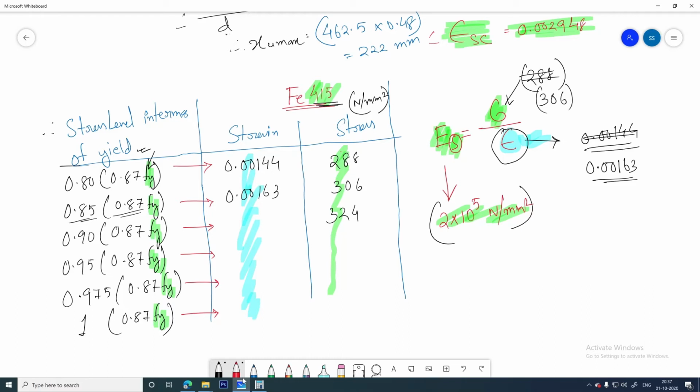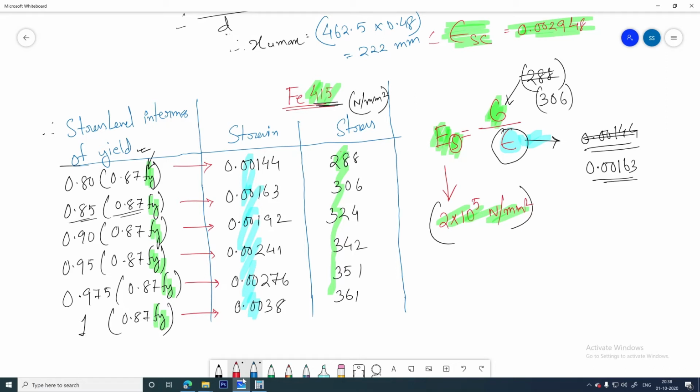324, and this is coming around 0.00192. Now I am writing all the values. You can also do this yourself. 342 is 0.00241, it is 351, and it is 0.00276, here it is 361, and here it is 0.0038. Okay,